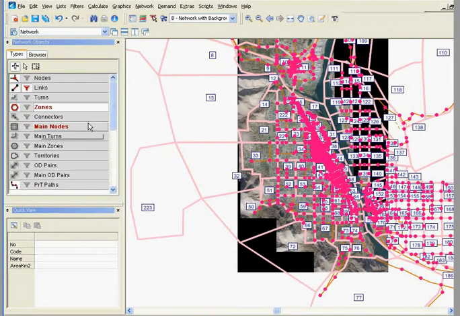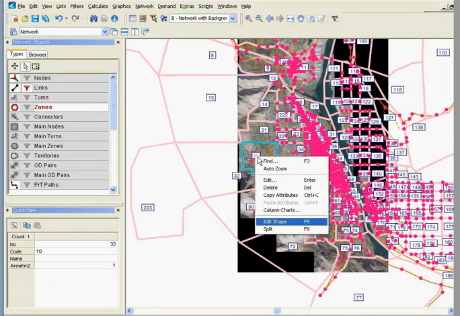In order to edit a zone, double-click the desired zone and enter values into attributes as required. Also, the Quick View window may be used to enter values in a zone. If a new boundary needs to be defined for a particular zone, click the zone, right-click and select Edit Shape